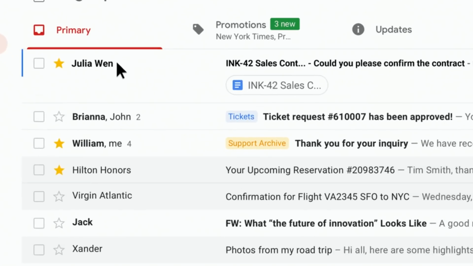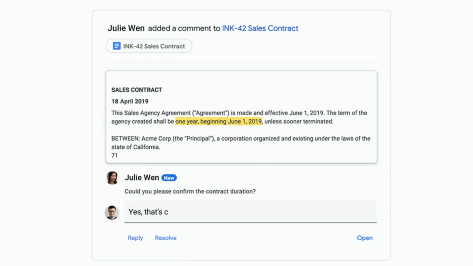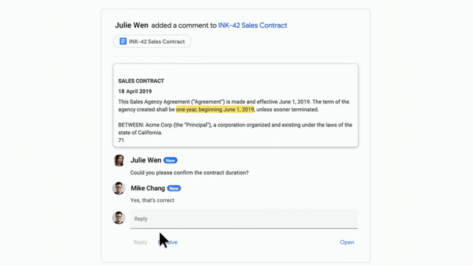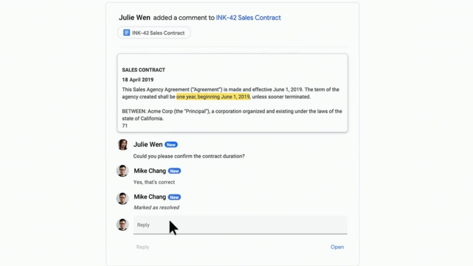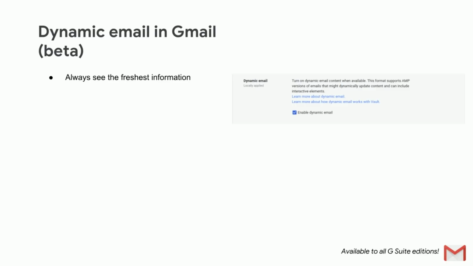We're opening a beta program for dynamic email in Gmail. Dynamic email allows email senders to embed accelerated mobile pages, or AMP, into messages themselves, making them more useful and interactive in Gmail. Your emails can stay up to date, so you're always seeing the freshest information, like the latest comment threads from a doc or taking actions, like filling out forms or replying to comments inline directly from within